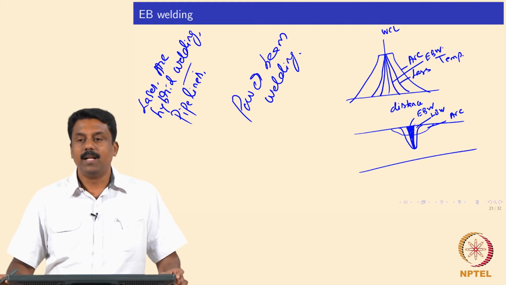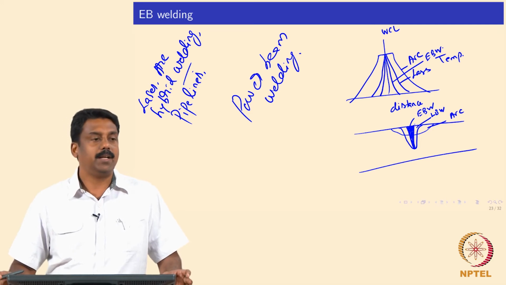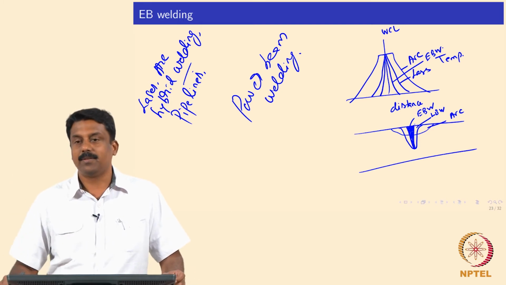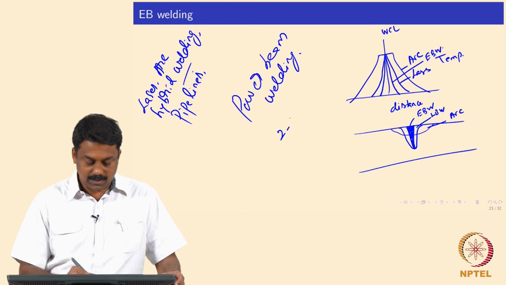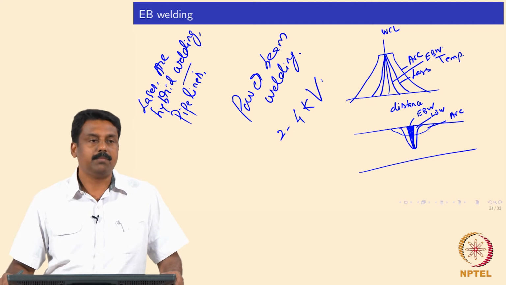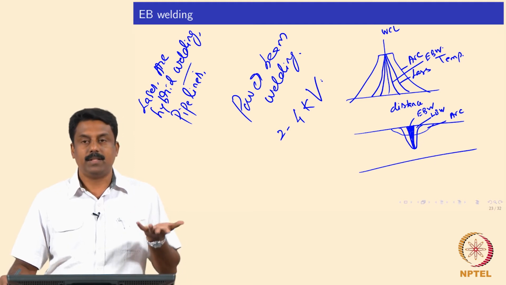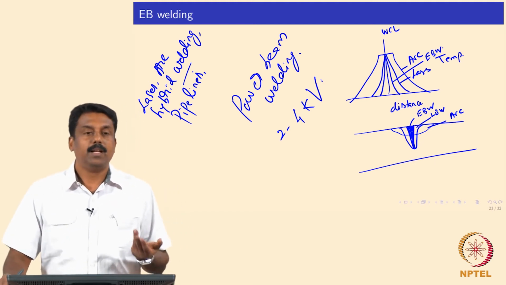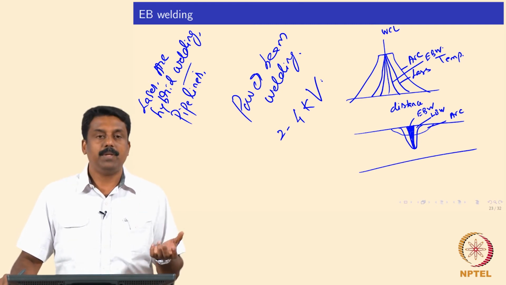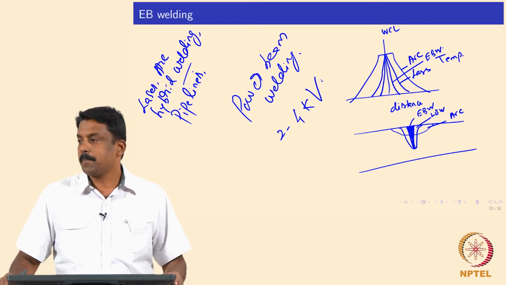So, using a low current and an extremely high voltage source, we can achieve field emission as well as thermionic emission. So, breakdown voltage, you remember, right. We will have to achieve a very high voltage, generally 4 kilovolts, and a very low current, some 100 to 200 milliamperes, supplied to an electron source, which is the target, which is also the cathode. Then we can apply a very high breakdown voltage to emit the electrons from the source, and they can be accelerated towards the anode, which is the base material, right.